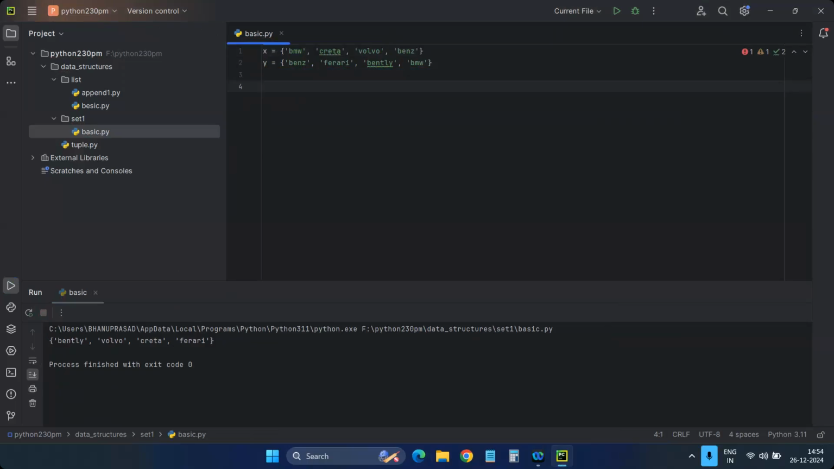Coming to dictionary. Dictionary is also denoted by these curly braces only, but the difference between the dictionary and set is, in dictionary the values are stored in the form of key value pairs. For example,